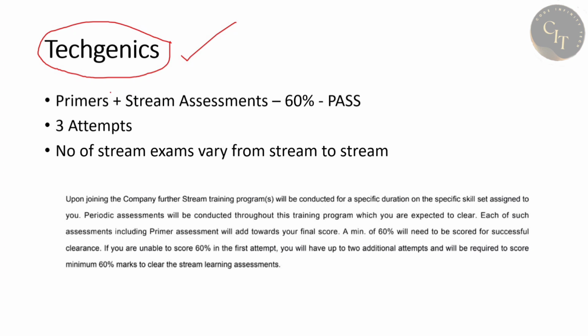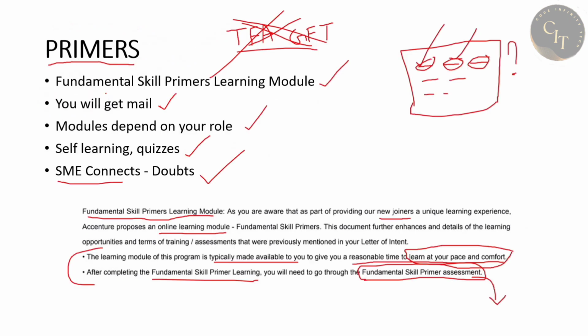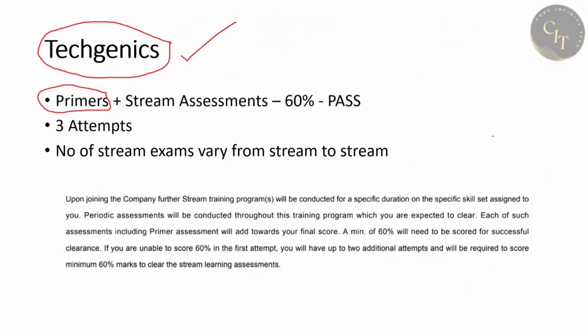The process was changed. In this process there will be a first step called primers learning. We already discussed that. And after learning there will be the primers assessment. I already discussed this fundamental skill primer assessment. After that there will be our stream training. In that training there will again be a few assessments based on the stream that you got. So overall you have to get 60% from these two. I am saying that combining your primers test and your stream assessment tests, you have to get 60% overall